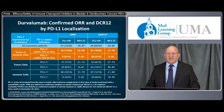What is important to highlight is that beyond the specific figures that are reported in this slide, durvalumab acted as expected on the basis of previous experience with atezolizumab, nivolumab, and pembrolizumab, showing signs of activity, the possibility of prolonging the life expectancy of these patients, and once again,